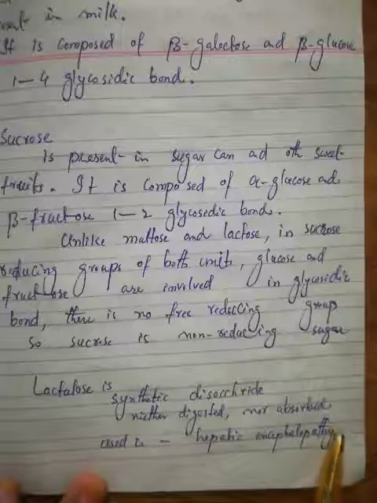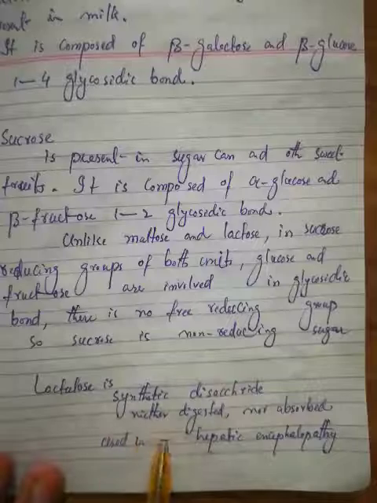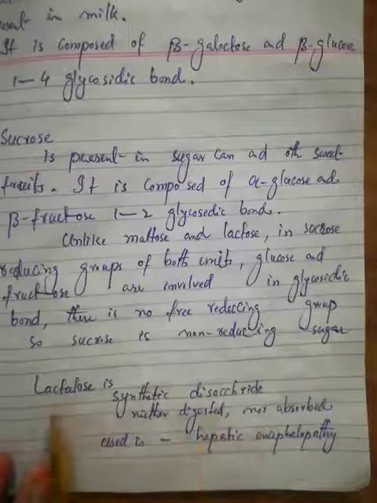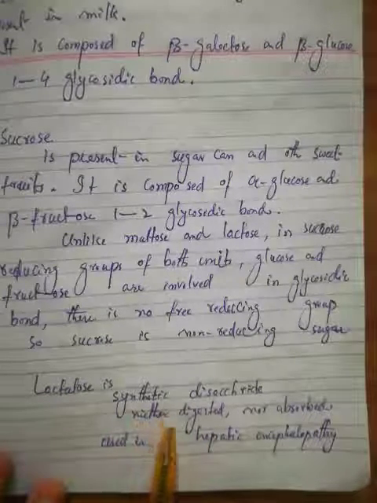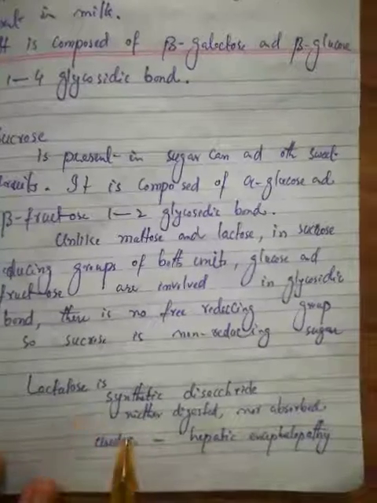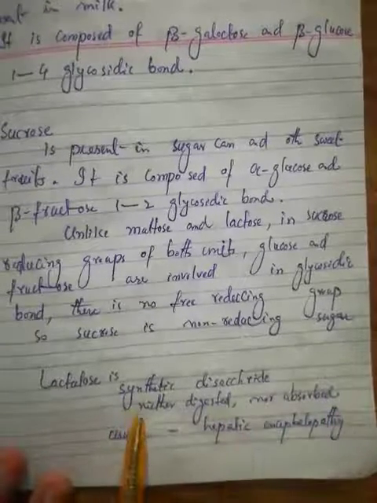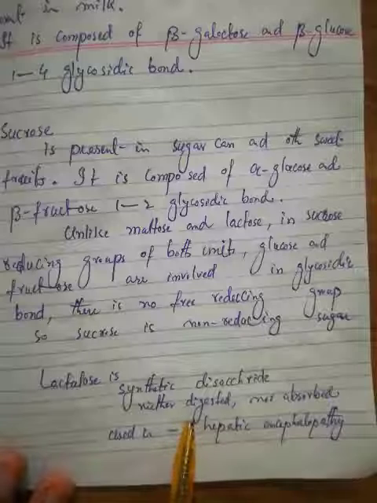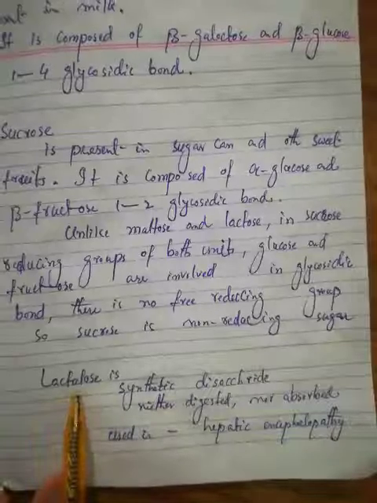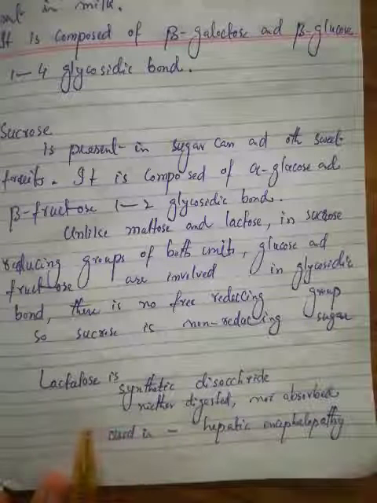So in hepatic encephalopathy, lactulose is given orally. Lactulose is neither digested nor absorbed by our body. When it is taken orally, in the intestine lactulose is converted into lactic acid by the gut bacteria. And lactic acid is an acid, creating an acidic pH. Normally the ammonia which is synthesized in our gut, in our GIT, diffuses from the GIT lumen into the blood. But when lactulose is converted into lactic acid, in acidic pH, ammonia is a base, and in acidic pH